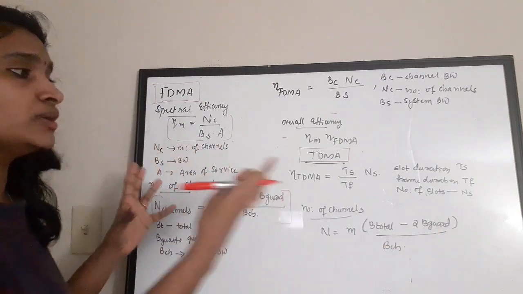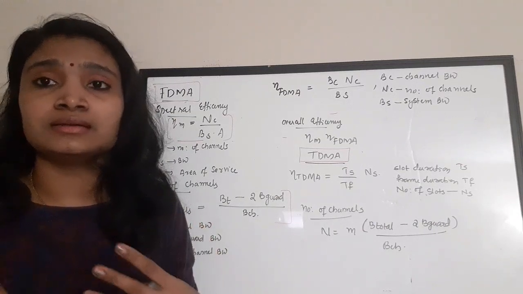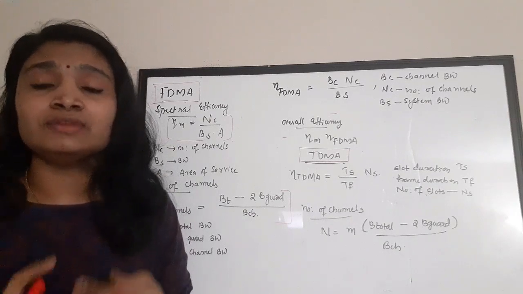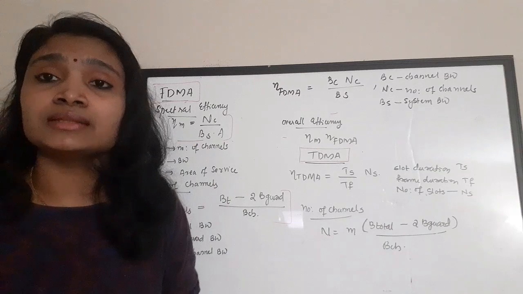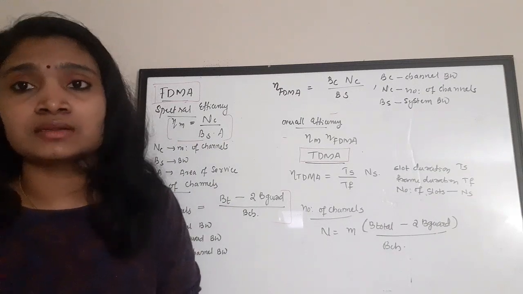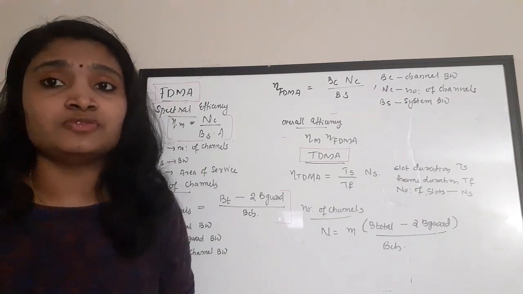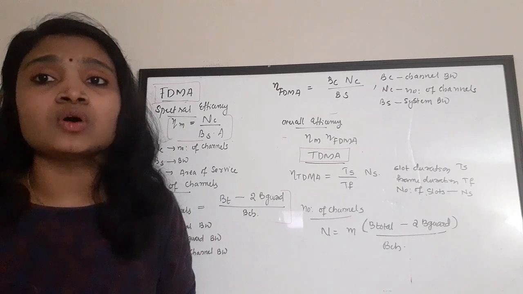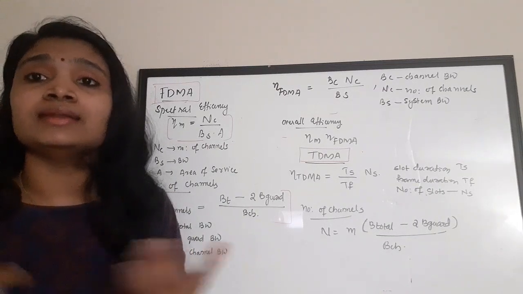Okay, so these are the important equations for the TDMA and FDMA based systems. I'll tell once again that FDMA is 1G, TDMA is 2G, and for 3G systems CDMA is used. So these are the basic multiple access techniques: frequency division, time division, and code division multiple access. There are also other techniques. We'll be seeing that in the next videos.